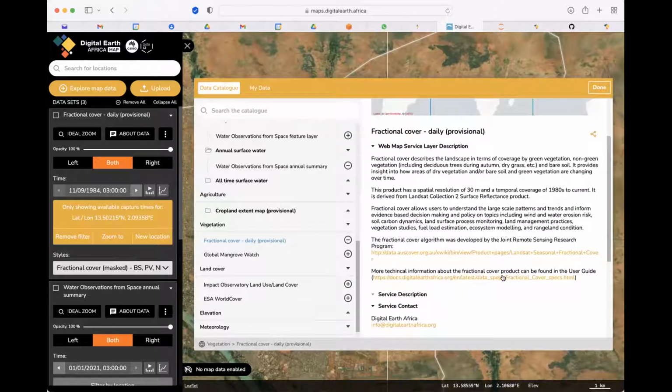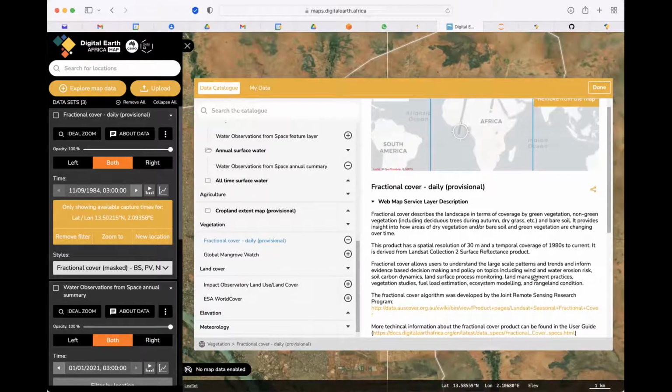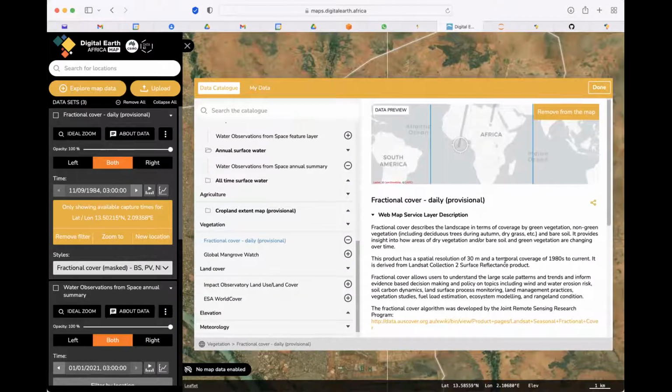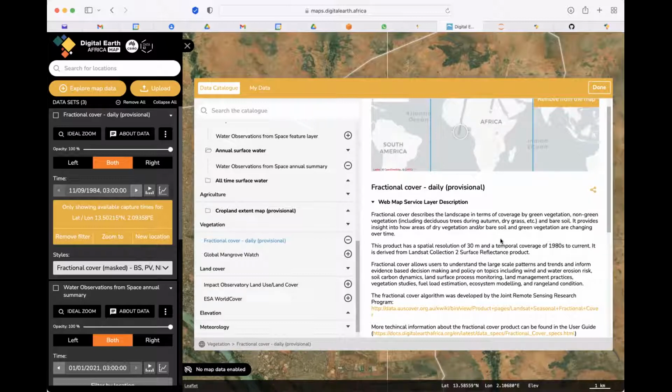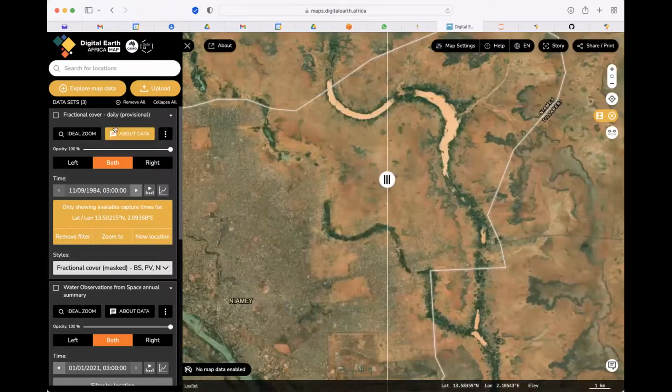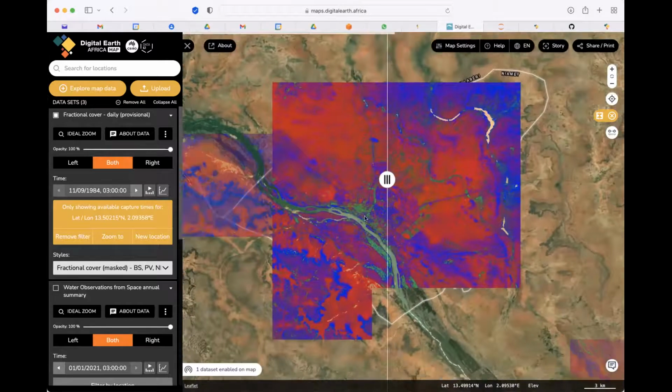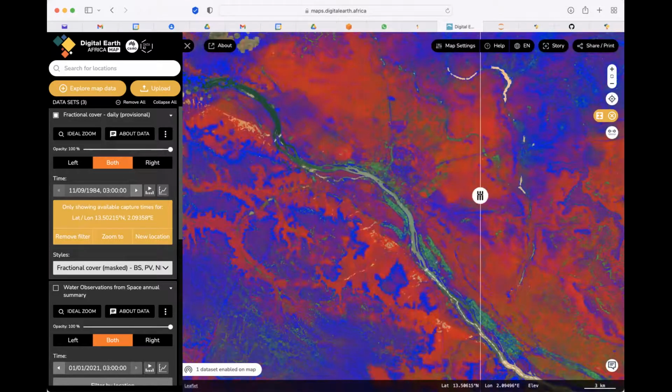It's a product which has been borrowed from the Joint Remote Sensing Center program, who've given us more information about this fractional cover. So based on the scientists who've done some of this research, it's very useful to provide you an idea of the landscape, green vegetation, and the bare soil. And the bare soil is characteristic of urbanization. So looking at this, we can just go and look at how Niamey looks in the city. And you can see the change.